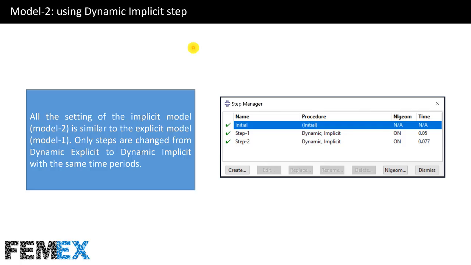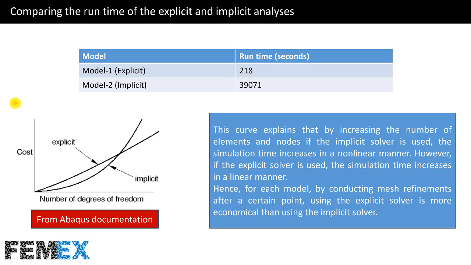In the second model, the dynamic implicit step is used and two dynamic implicit steps are defined. All the settings of the implicit model are similar to the explicit model. Only steps are changed from dynamic explicit to dynamic implicit with the same time periods. Now I want to compare the runtime of the explicit and implicit models. The runtime of the explicit model is only 218 seconds, and the runtime of the implicit model is